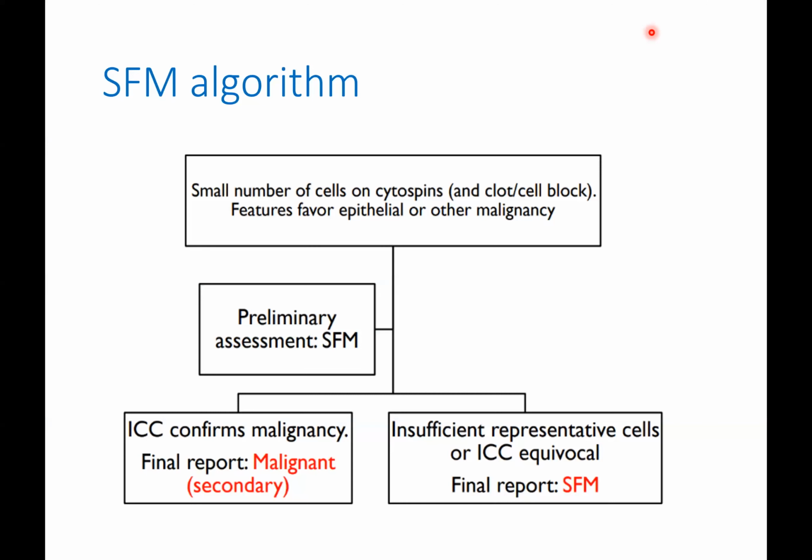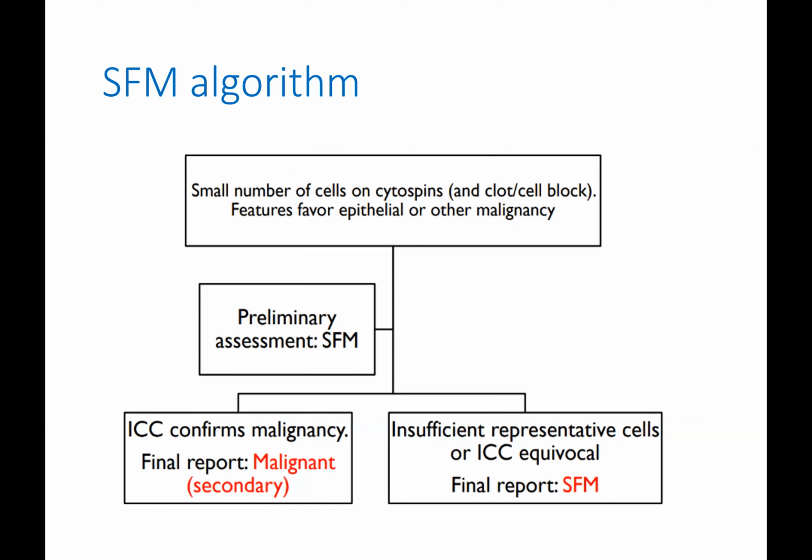The international system does provide an algorithm for sorting out these suspicious cases where we have a small number of cells on our sample. We're favouring malignancy. Preliminary reporting could be suspicious for malignancy until we have done some immunocytochemistry. That may confirm the cells as being malignant epithelial cells, and therefore we can make a diagnosis of malignancy. Alternatively, if there are insufficient cells on the cell block or the ICC is equivocal, we may have to stick